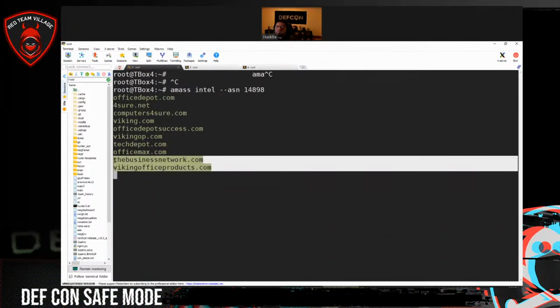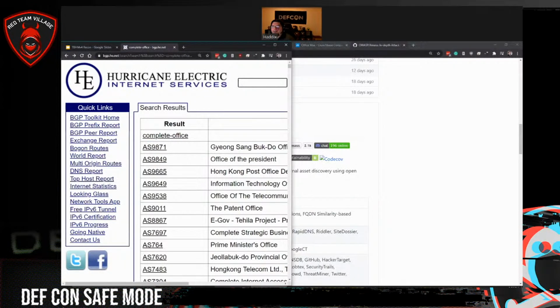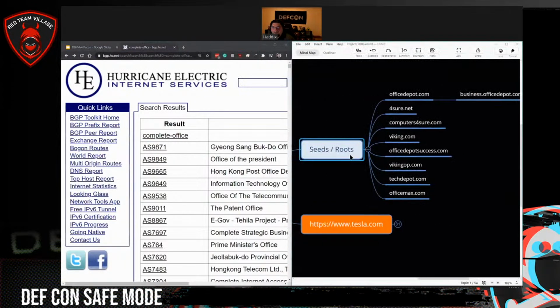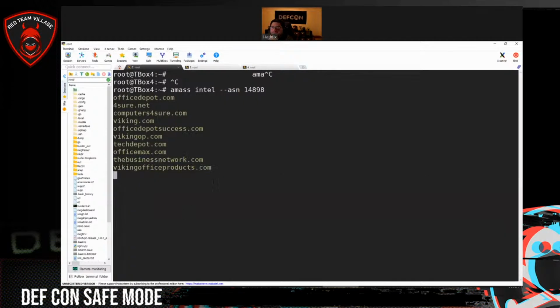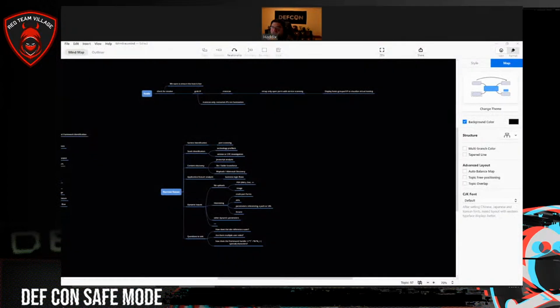All right, got two more. Okay. So we have a whole bunch of roots now. We're going to let that continue running in the background, Amass Intel. And it's going to take a while because this autonomous system number was huge. So the next thing we're going to do, if I go back to the presentation here,